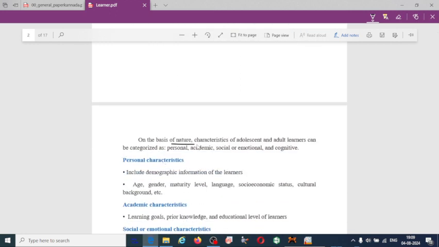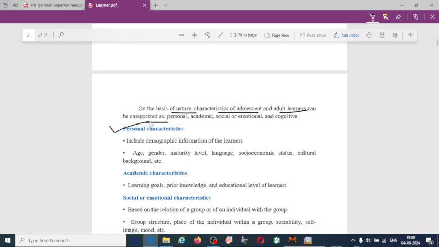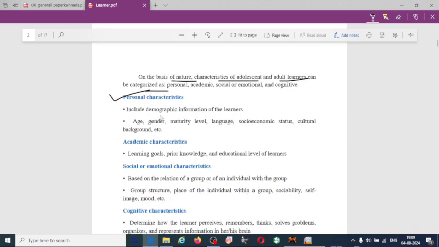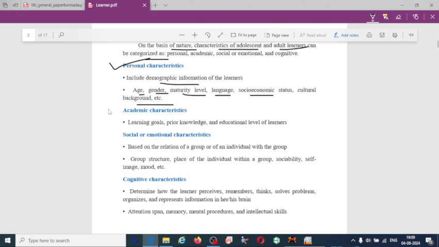On the basis of nature, characteristics of adolescent and adult learners can be categorized as personal, academic, social or emotional, and cognitive. Personal characteristics include demographic information of the learners, that is age, gender, maturity level, language, socio-economic status, cultural background. Academic characteristics relate to institutional level or educational level, learning goals, prior knowledge and